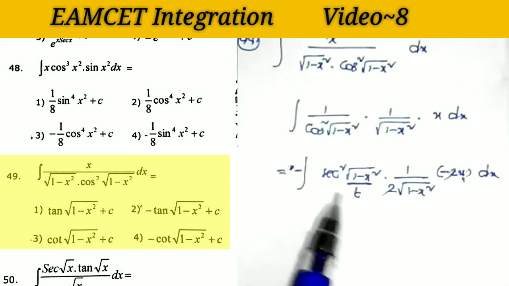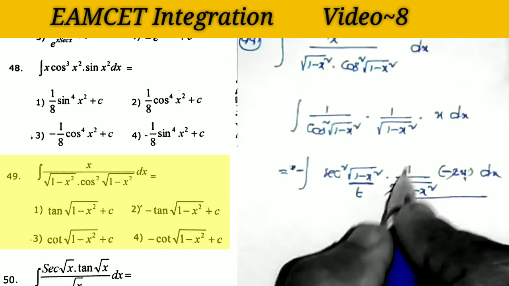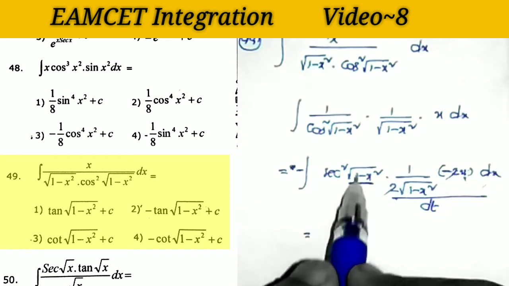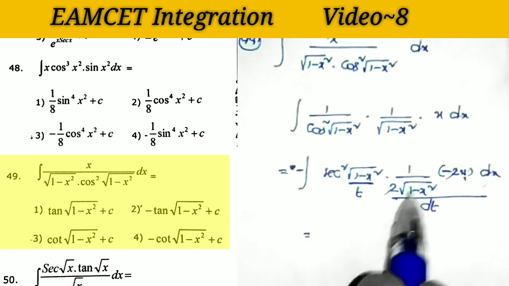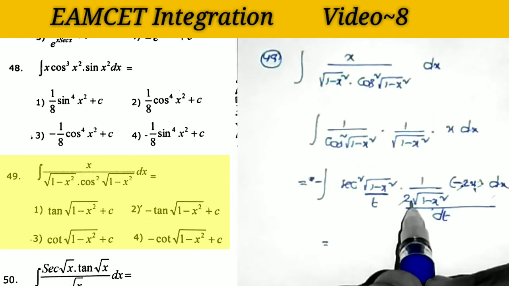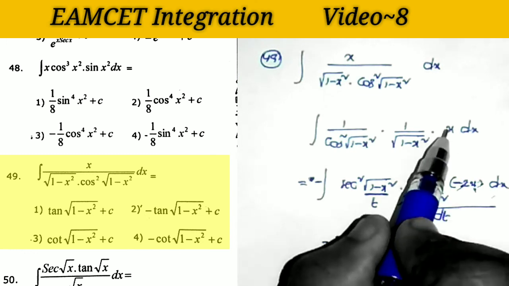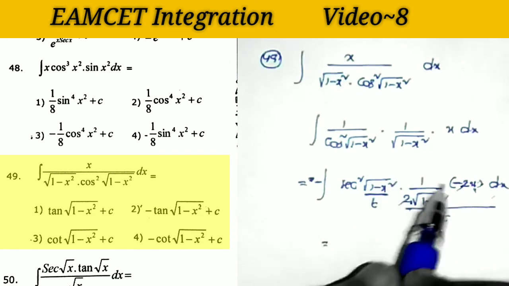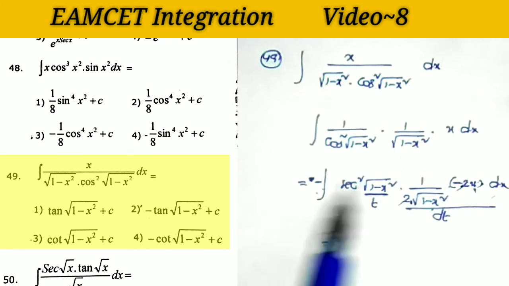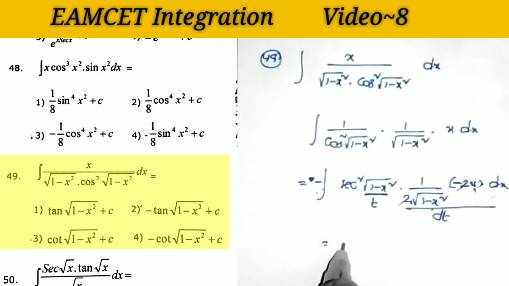Okay. Now clearly this is in the form of, when we take root 1 minus x square is equal to t, then this total value becomes dt. Okay, so root 1 minus x square is equal to t means 1 by 2 root 1 minus x square is equal to its derivative, and again 1 minus x square derivative minus 2x. 2 and 2 get cancelled. So derivative is equal to minus x by root 1 minus x square. Already here we have x by root 1 minus x square. That is I apply the number minus and minus without changing this value. So clearly this is t and its derivative is equal to dt.